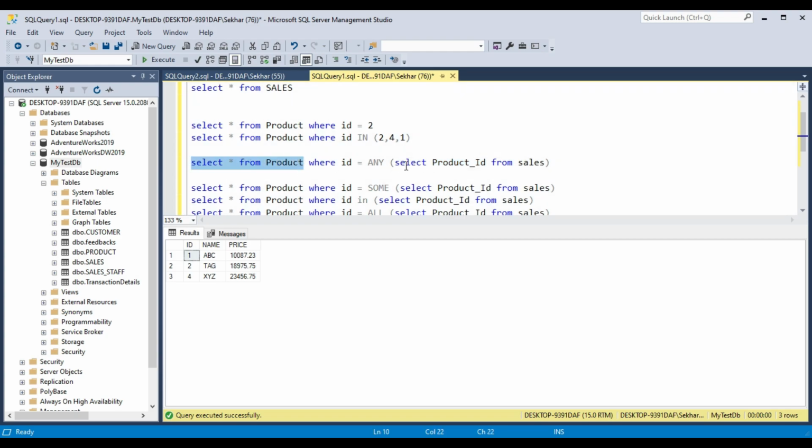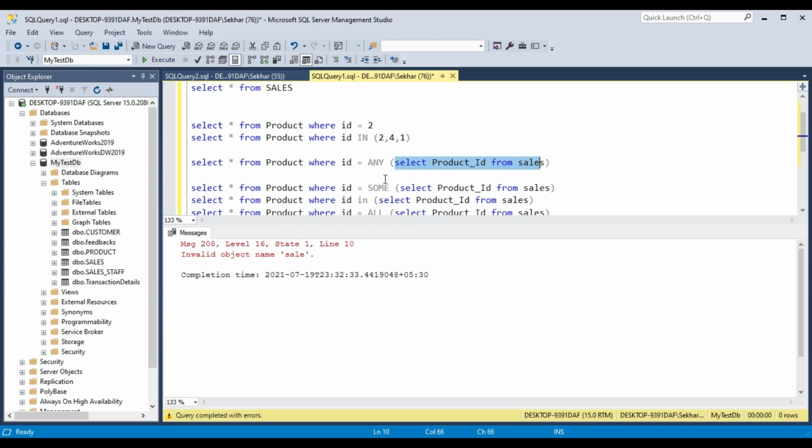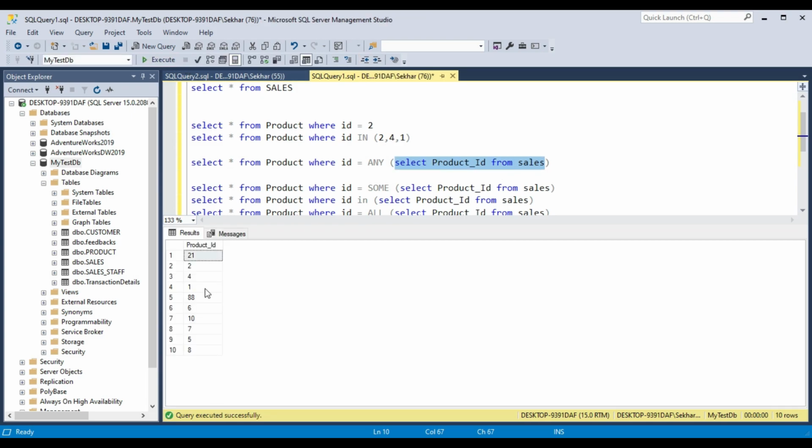If you run this inner query, it is giving us only 10 records, but there can be circumstances where there will be thousands of values. So in that case you cannot write it in this manner as I have highlighted. The subquery is a better way than writing all the values in our queries one by one. So what is it actually doing?